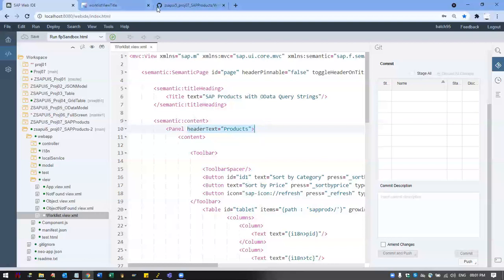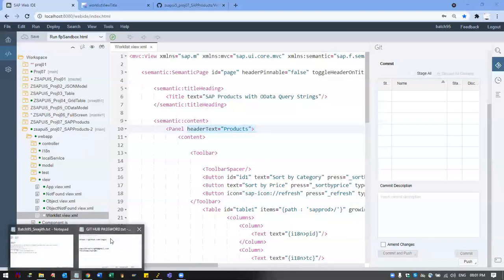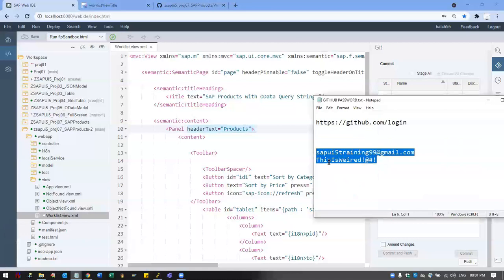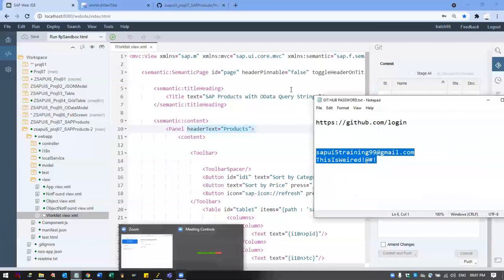Okay, so let me see your screen. This is the latest one, no? New one only, no? Yes, yes. Okay, is it asking for any password? By mistake, did you press any password? No. Okay, so let me share. This password is not required, but for the pull, it might ask you. Let us cross check that one.